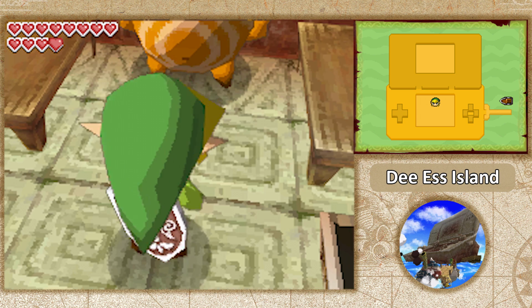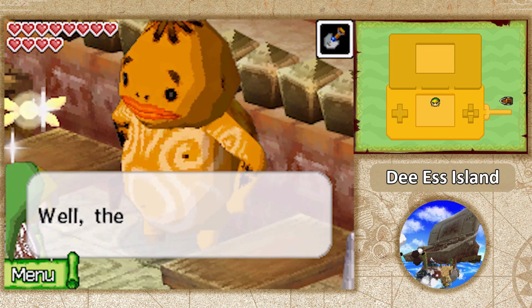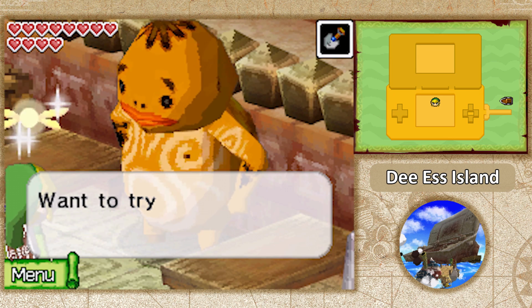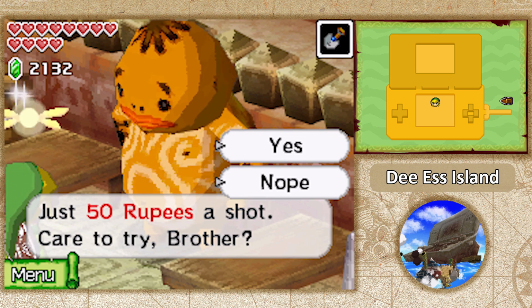Okay, so if you beat it in under 35 seconds, you will get the Bombchu bag upgrade, the second one, well, if you'd already bought the one at the store anyway. So we can try again, and we can try for a new record. Now, as with all the other minigames,